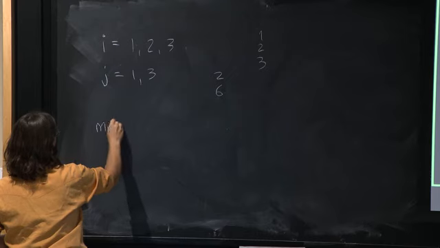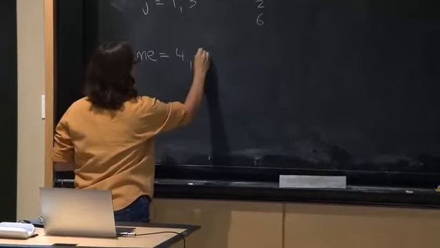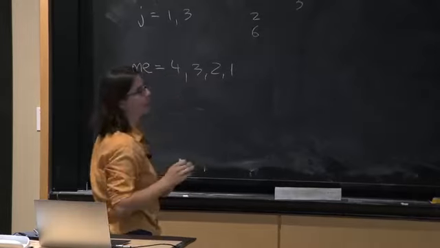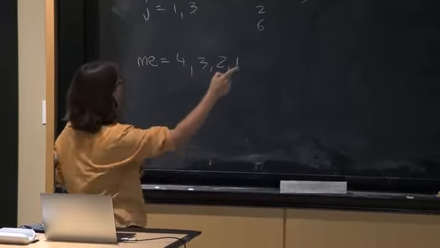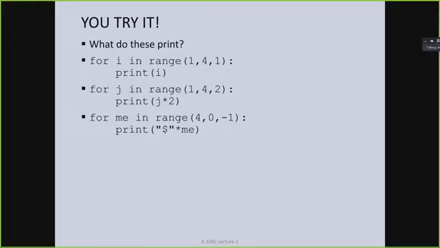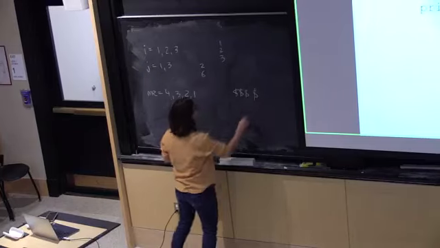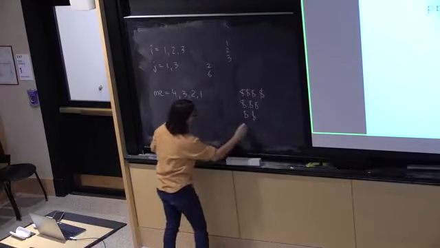And how about the last one? We're stepping backward, right? The -1. So what's our start? 4, and then 3, 2, 1. And that's it. We're going down to, but not including the end, right? So we're not going to include the 0. And what are we printing here? Yes, $4 signs on one for the first time, and then $3 signs, and then $2 signs, and then $1